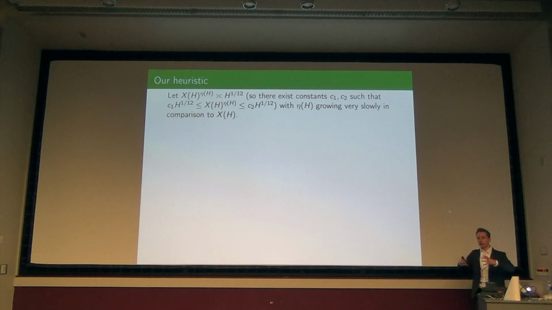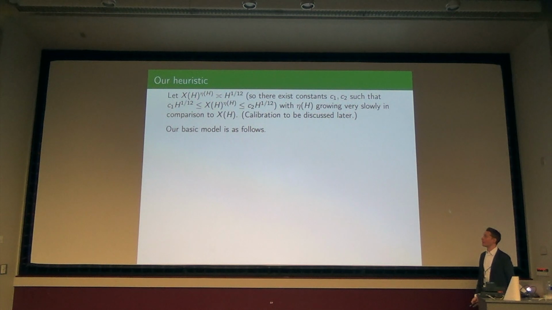So the size of the entry should be growing, and the matrix should also be growing in some compatible way, but we're not going to be too precise except that it should have this relationship. The matrix size and the size of the entry should grow like some h to the 1/12 if I want to model the curve of height h. This calibration and where it comes from, I hope I'll have a chance to say something about it.